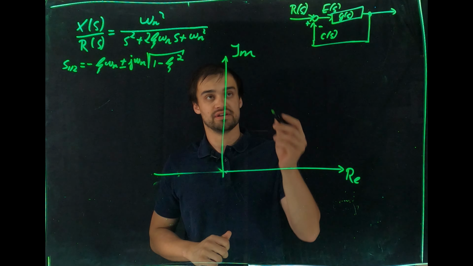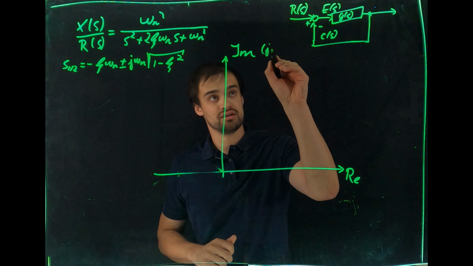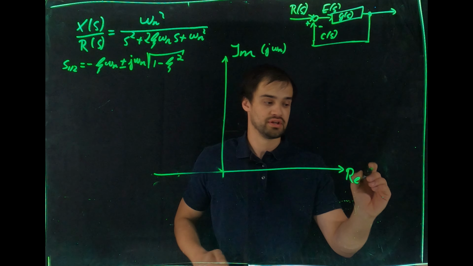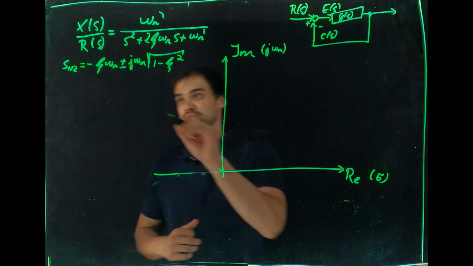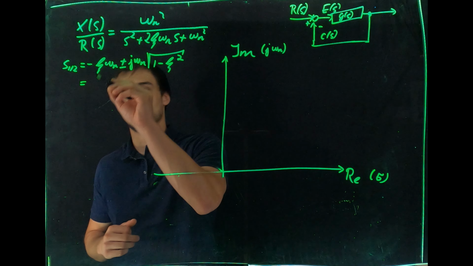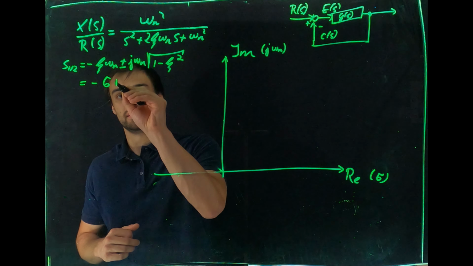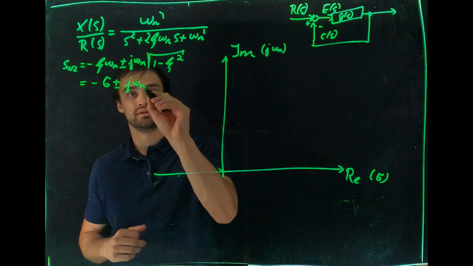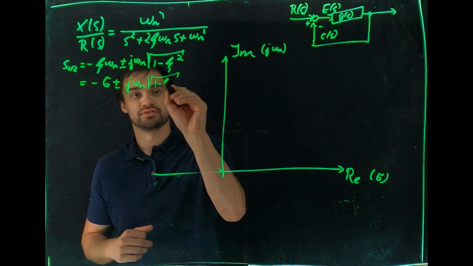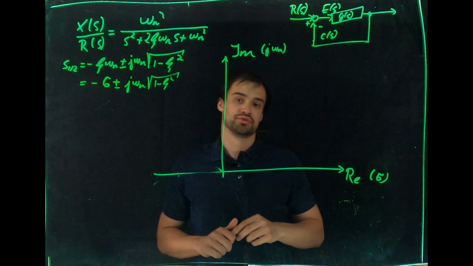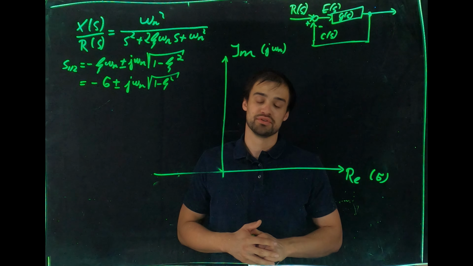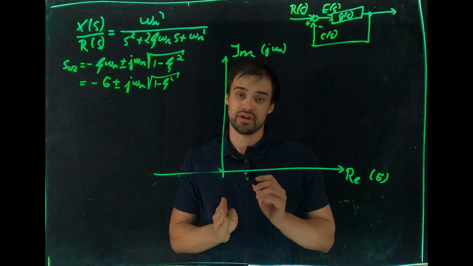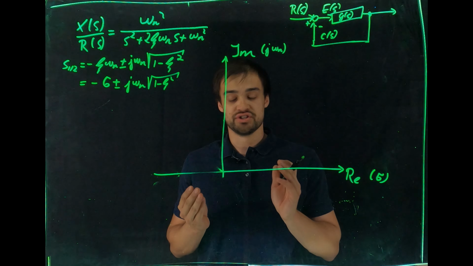The imaginary axis is nothing else than basically j omega d. Now the real axis is as well called sigma, and this comes from this term because the roots are minus sigma plus minus j omega n times the square root of 1 minus zeta squared. If the roots of this function lie on the imaginary axis, we call the system marginally stable.